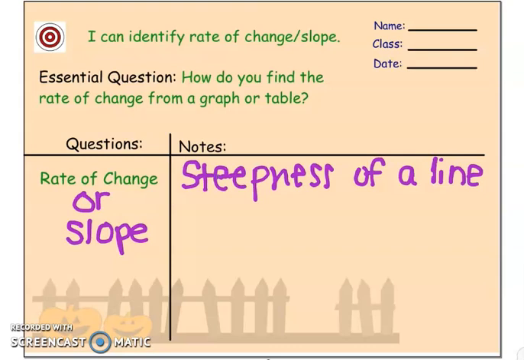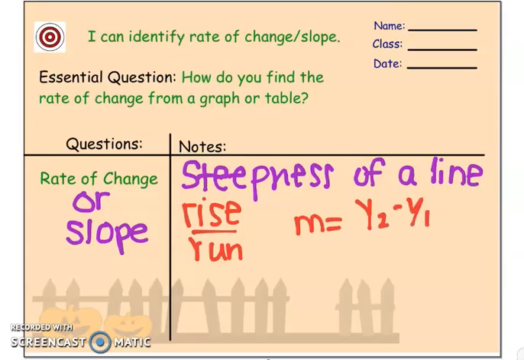And we also define slope as rise over run. We also used a slope formula where we subtracted our y-coordinates on the top of our fraction and subtracted the